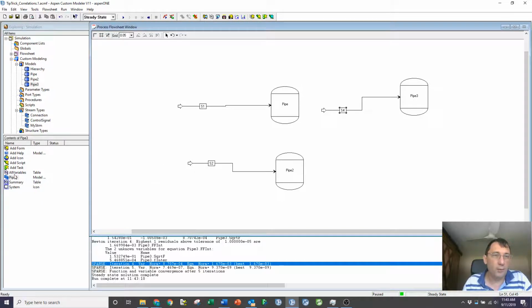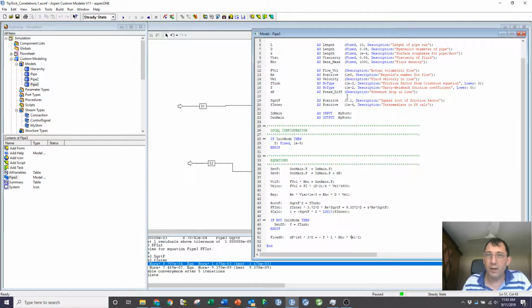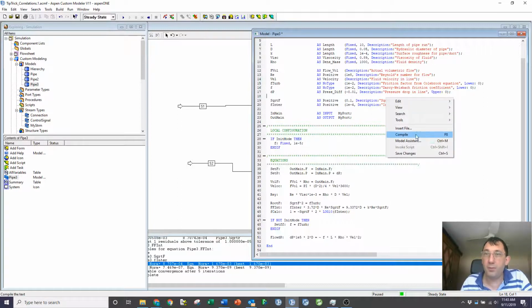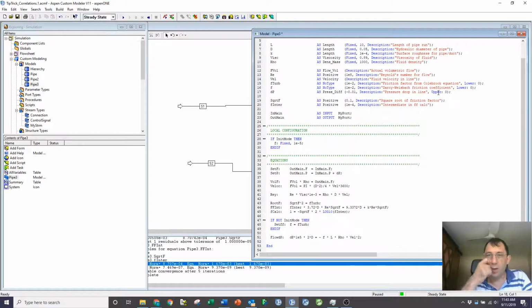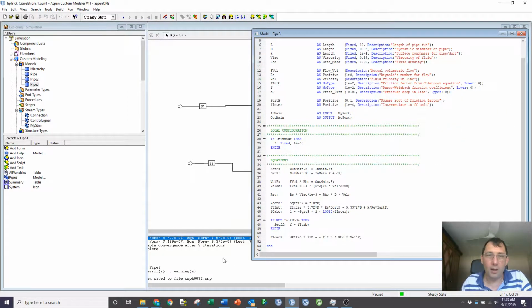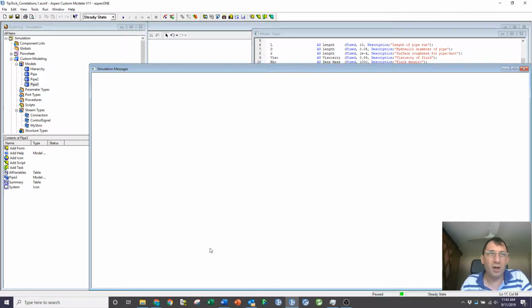So a final thing I would do if I was doing this thoroughly is I would come in and give this a value of minus 0.01 as its default, and I would give an upper bound of 0 to prevent me from being able to put in a foolish number for pressure drop, but also to prevent ACM, if it's calculating the pressure drop, from forcing into an infeasible region. So with those changes in place, my model should now be a lot more reliable. It should converge a whole lot better.